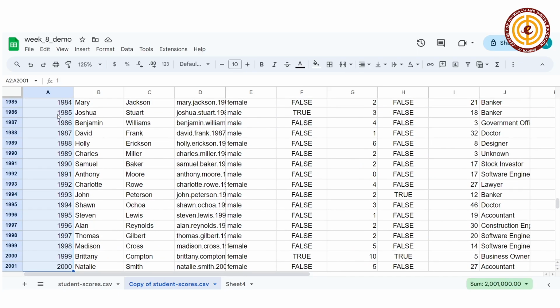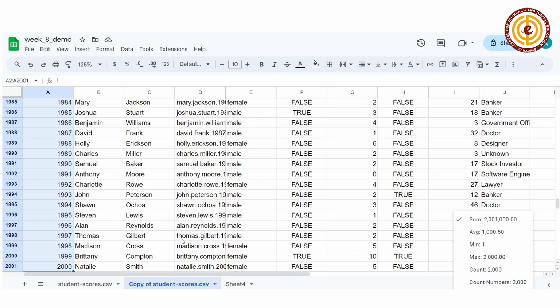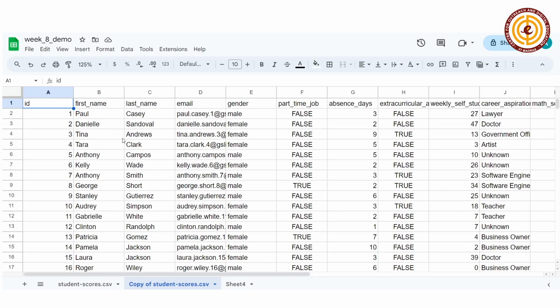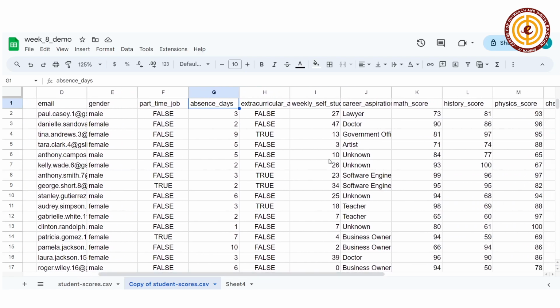Likewise, there is data on about 2000 students. Once again, I can look and count here and it says 2000. And among these 17 columns, the first one is ID, then you have the name of the student, then the email, gender, part-time job, that is whether the student is working, then absence days, how many days they've taken a leave, then there is something that says extracurricular, and if I see this formula bar,